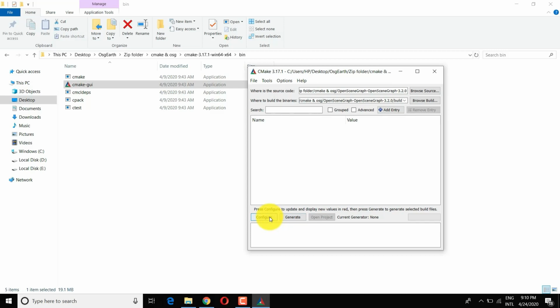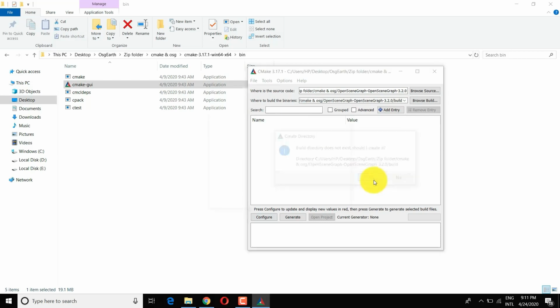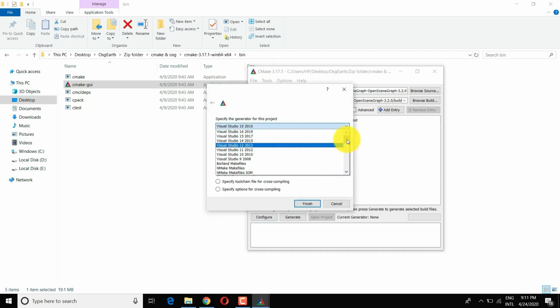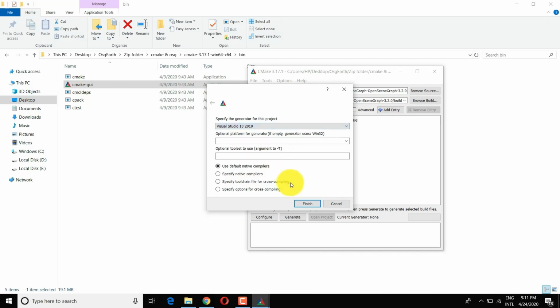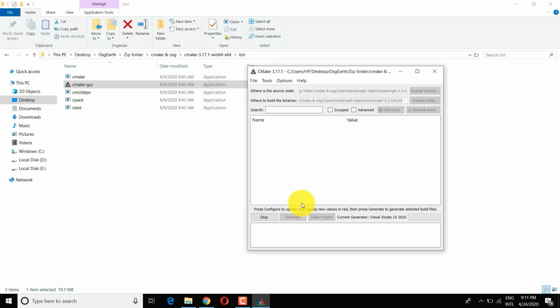So after browsing it, then hit configure. Click yes to create the build folder, and then specify the generator. You can specify another generator if you want, but I never tried with others. So if it works with others, just let me know in the comments. And after selecting the generator, then hit finish.